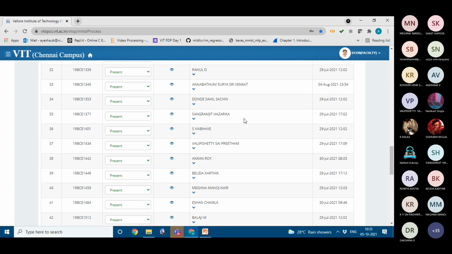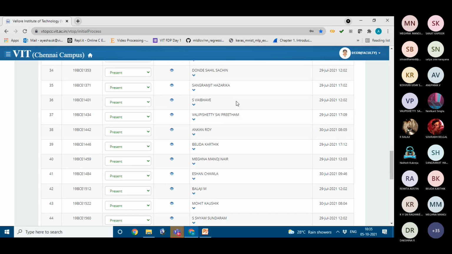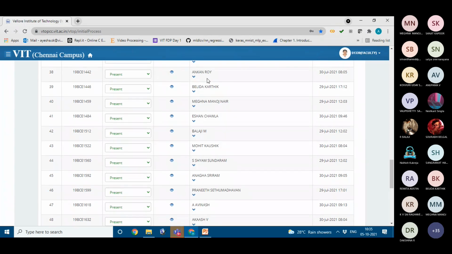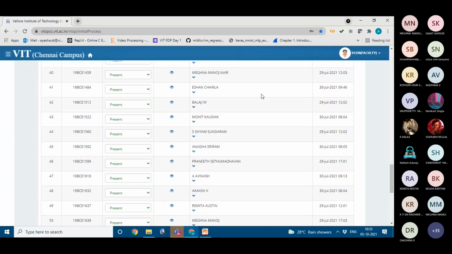Sahil, present ma'am. Sangramjit, present ma'am. Ankan Roy typed in the chat. Karthik, present ma'am. Meghna, present ma'am.